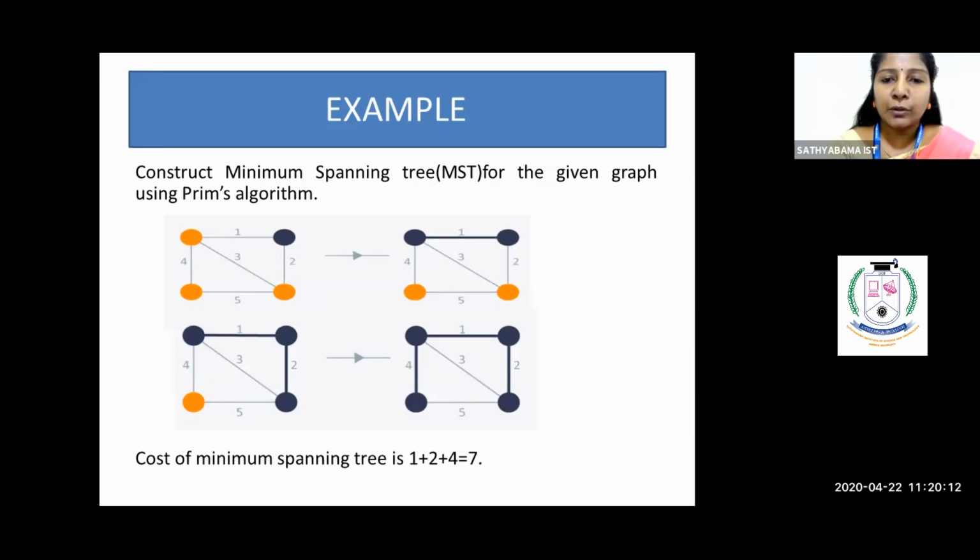Look at the first subgraph here. Totally 4 vertices, right? Which is the minimum cost here? 1 is the minimum edge cost. So the edge 1 is highlighted because we have chosen that edge. In the next iteration, we need to check what are the adjacent edges we have. The adjacent edges are 2, 3 and 4. Among these, which is the minimum edge? 2 is the minimum edge. Now we have taken that also. So already edge 1 and edge 2 are connected.